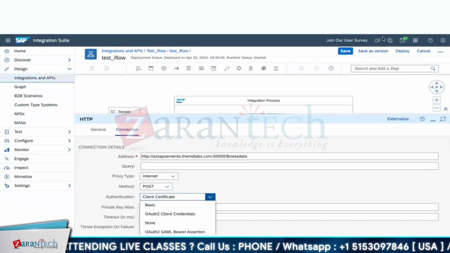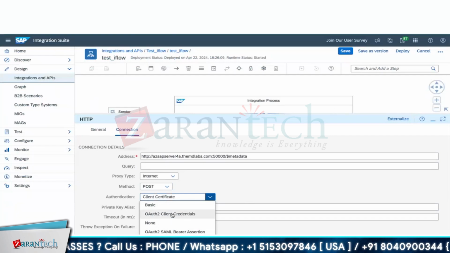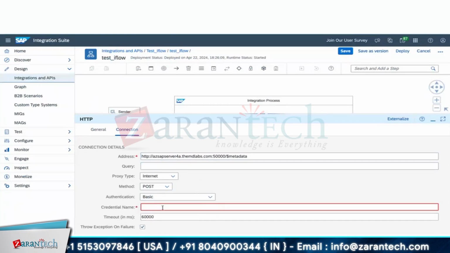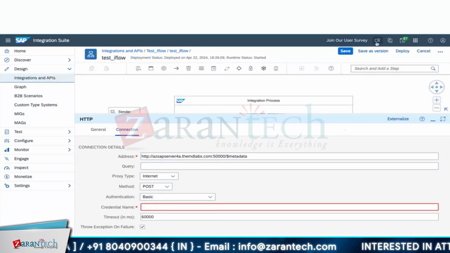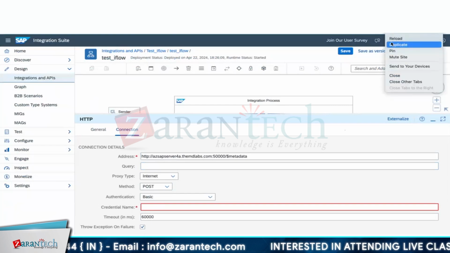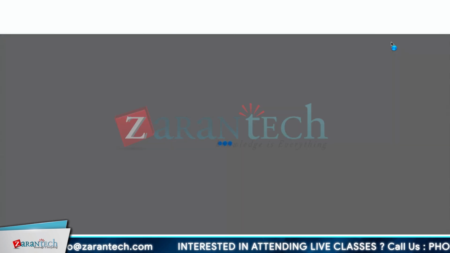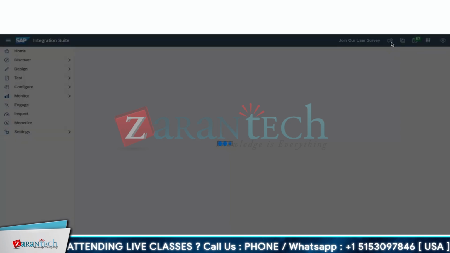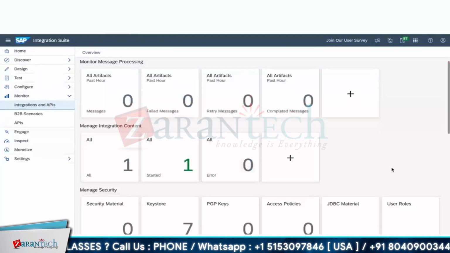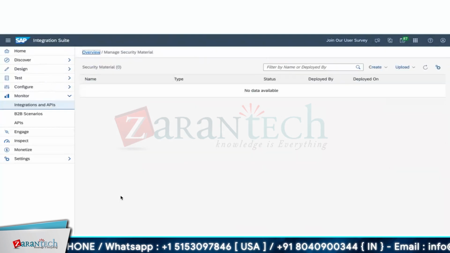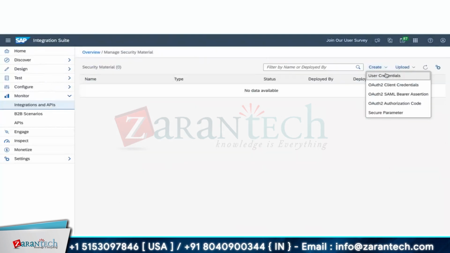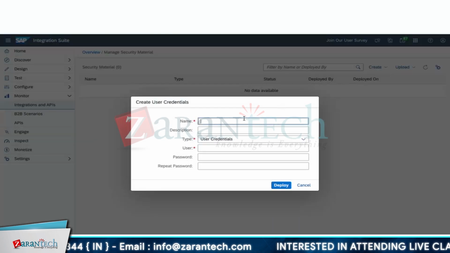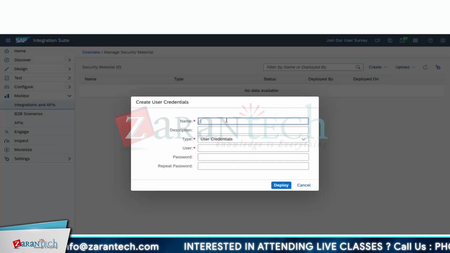In general, with any backend system, you will be creating basic auth credentials. Before using that, let's check: if I choose basic auth, it will ask for the credential name. Where do I create the credentials? If I go to my CPI monitoring, come to security material, click on user credentials, because this will serve your user credential name.